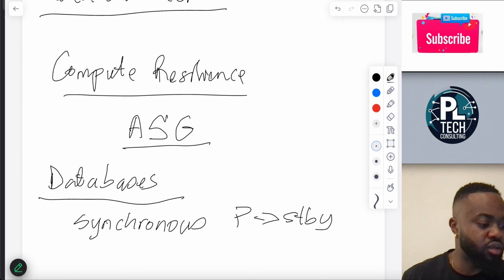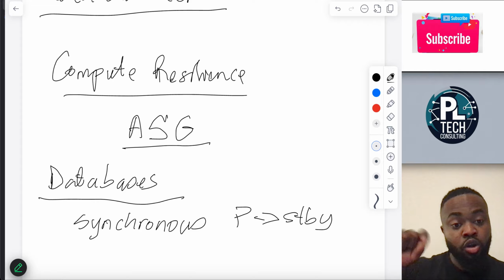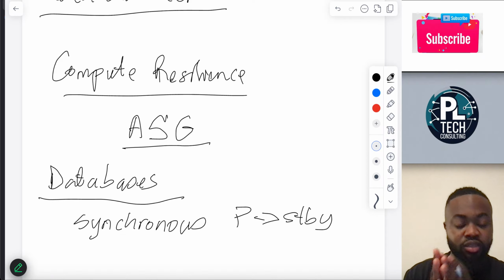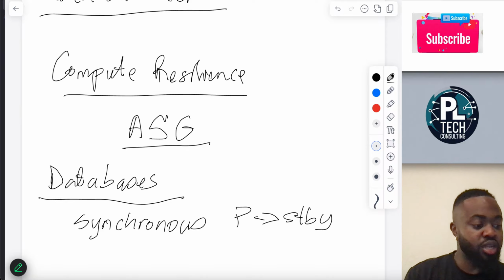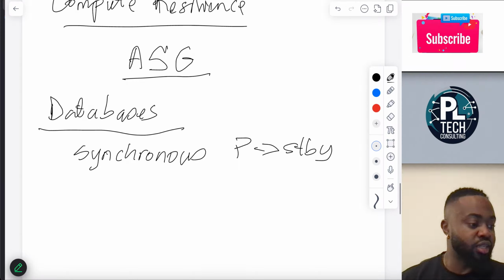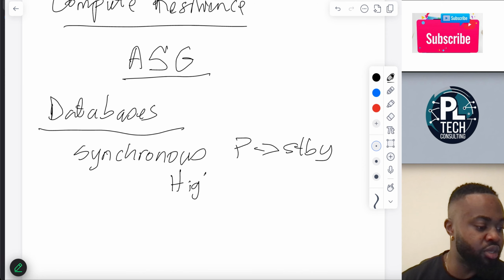Before a commit is issued on the primary, the transactions are written on the standby so that it's synchronous. At any point in time, if the primary goes down, the standby is going to be available. Now, this constitutes a high availability